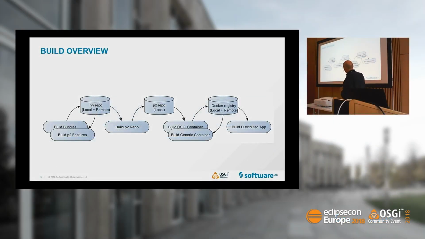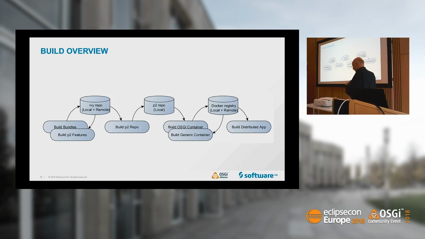So in the first step, the whole build is Gradle-based. That's just the way we do it at SoftwareAG. Again, there are many ways to orchestrate your build. We use Gradle, and we use Gradle plugins for many different tasks in the build. The very first step is building the bundles, compiling them using BND to make them proper OSGi bundles. And we store them in a, at least build time, repository to share among components.